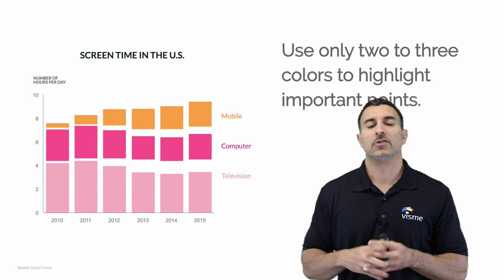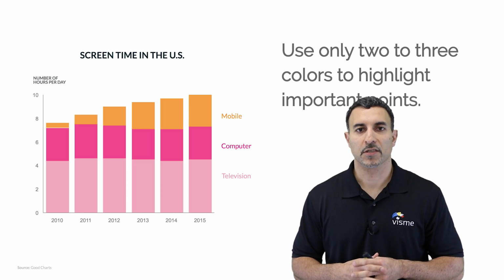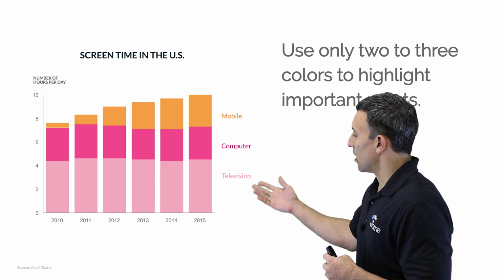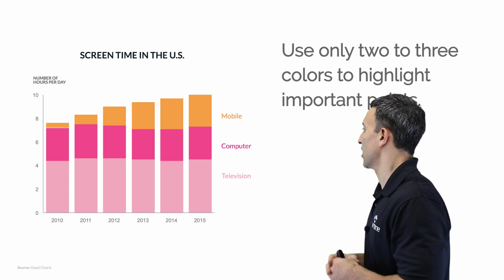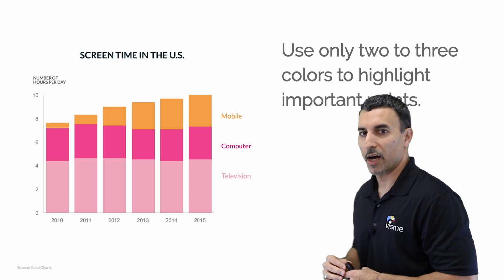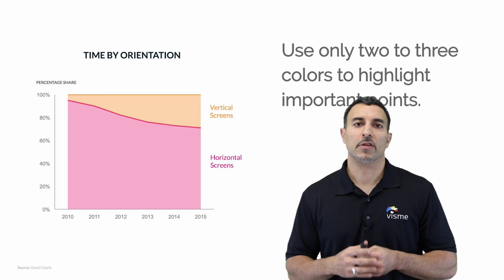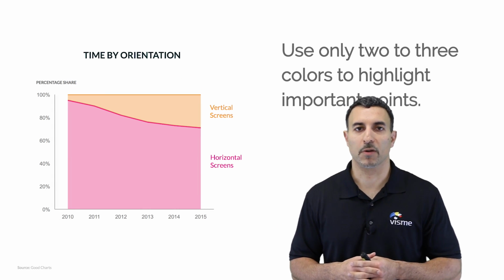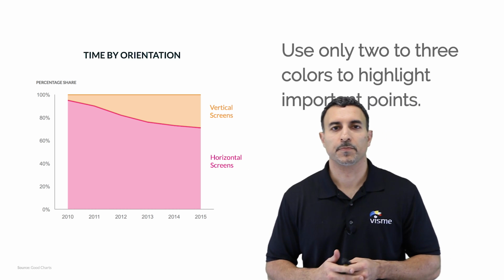And let's look at this one. You want to use only 2 to 3 colors to highlight important points. This chart here is using complementary colors. There was another episode that I covered about how to use complementary colors. In this case, you can clearly see that it's easy on the eye, and also we're highlighting the key points there. Additionally, you want to use only 2 or 3 colors to highlight important points. Very similar to the last one, and this is just a different type of chart.